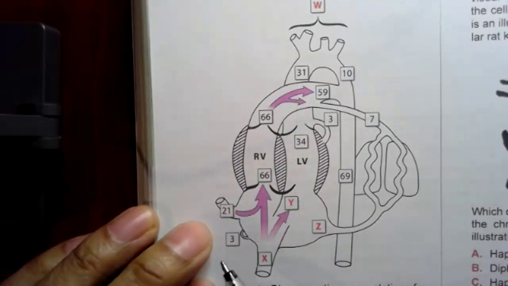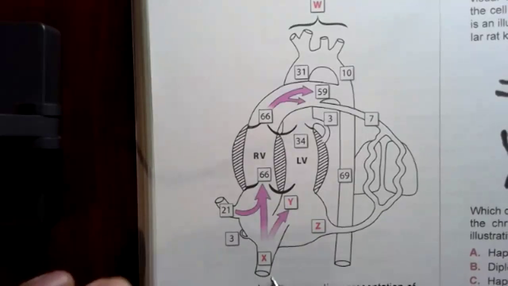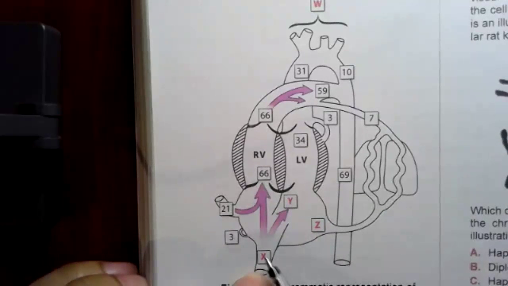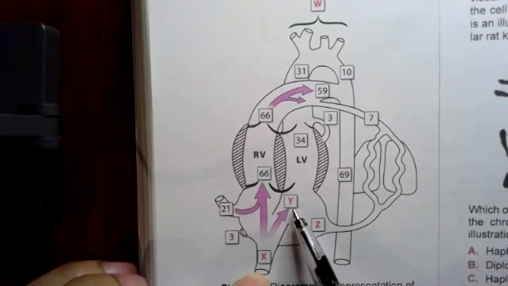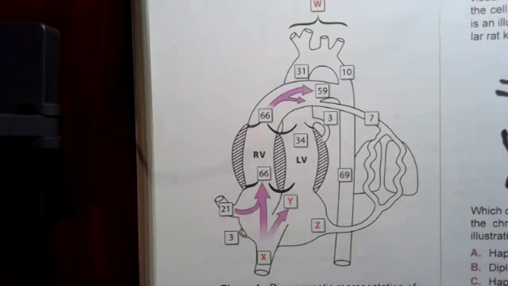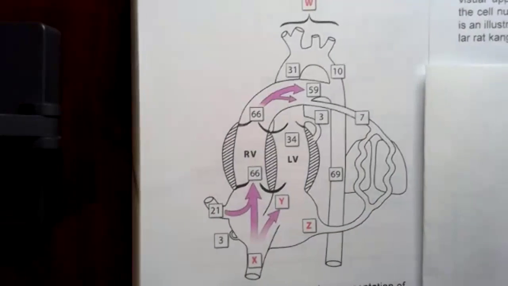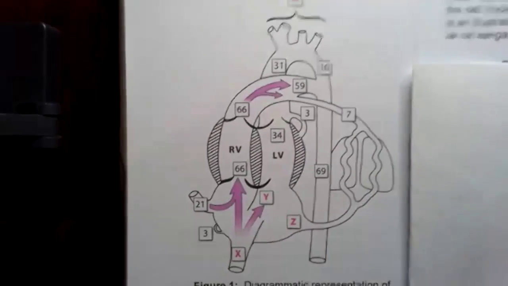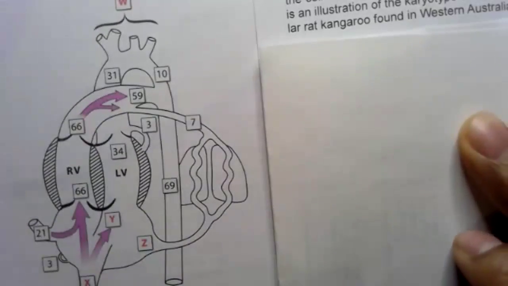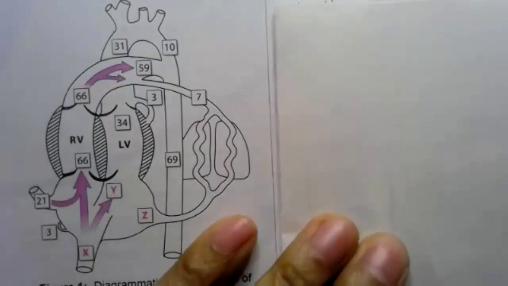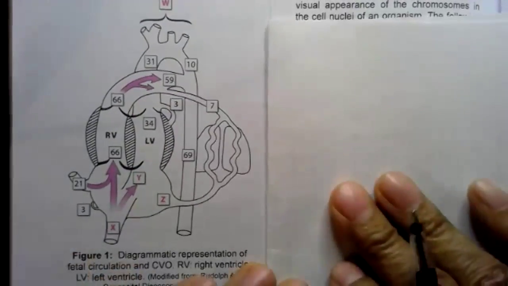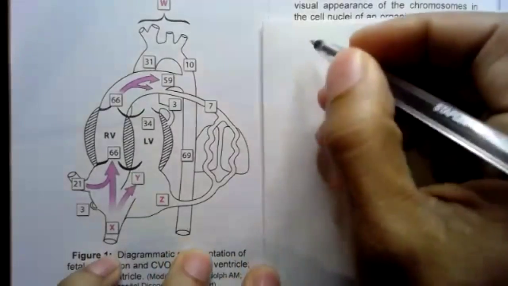So we have X coming in here, and it's dividing into Y and 66. So let's just keep track of what's going on here. Okay, so we have